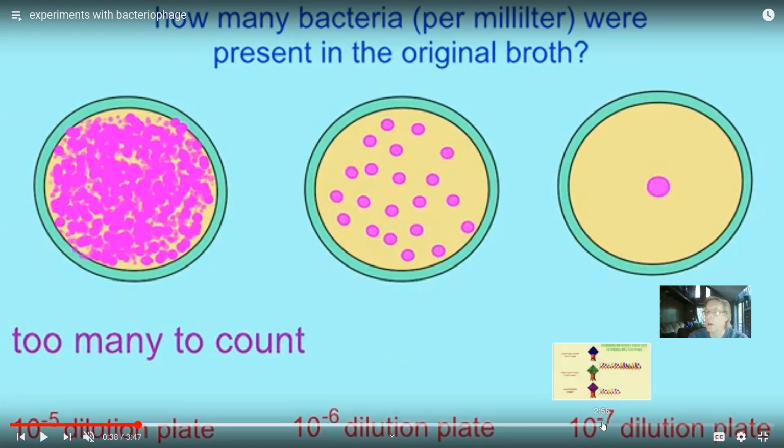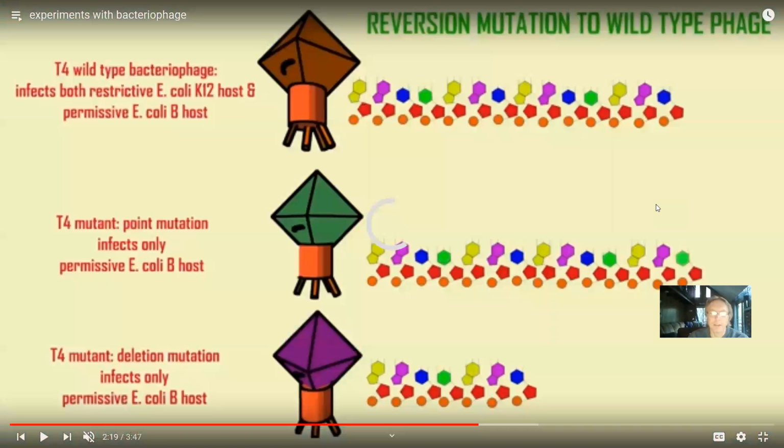So we have a dilution plate. We diluted it by a factor of 10 million. We saw one, let's say that was a mutant colony. Then you would be measuring a rare event which occurs maybe once every 10 million times. Well, the same thing with viruses. Viruses vary. You can have mutant viruses, just like there are mutant fruit flies and mutant bacteria. And one of the things that viruses can vary in is what hosts they can infect. And so a very commonly studied system is to use bacteriophage, which infects bacteria.